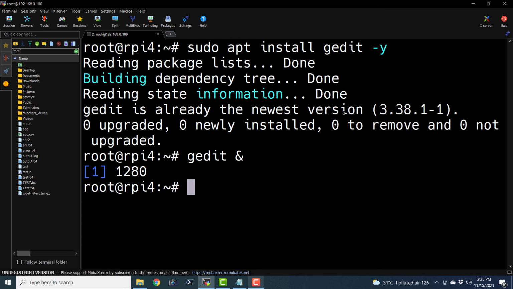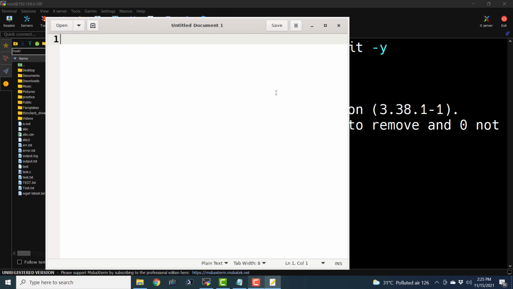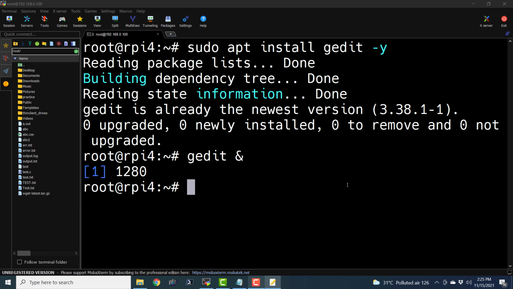So it is quite exciting. As you can see here, this is the graphical user interface of that gedit text editor. This is how we can use X11 forwarding to access graphical user interface applications running in remote Linux or Unix systems. Let me close it now.